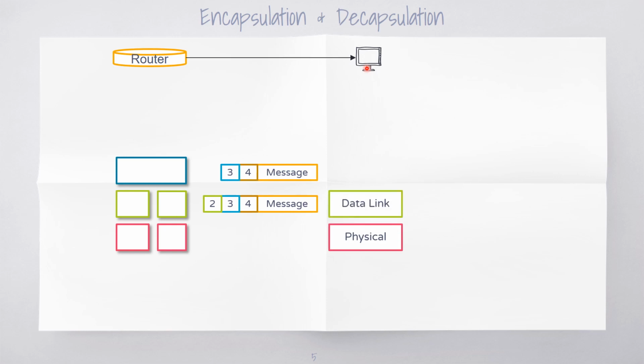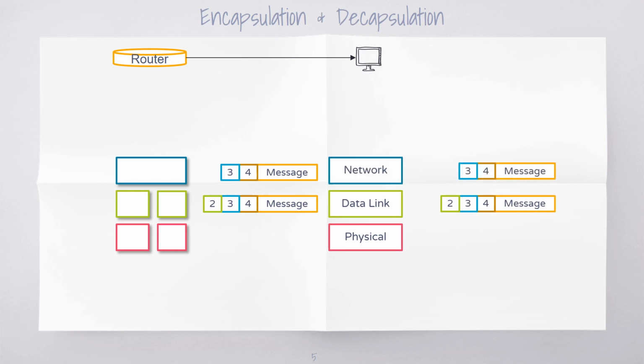from which a frame will be generated, and that frame will have information as created by the router. At the data link layer, the decapsulation happens now. It will remove the data link layer specific information that was added earlier. So header 2 is removed and it is given to the network layer.